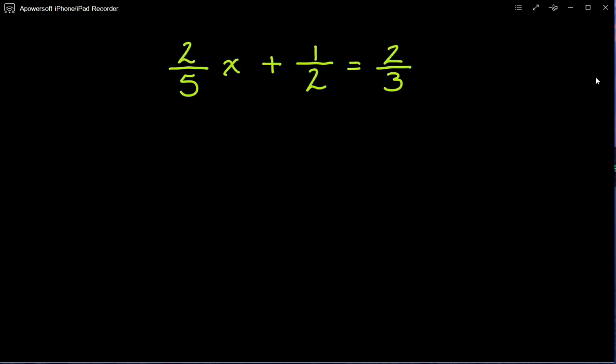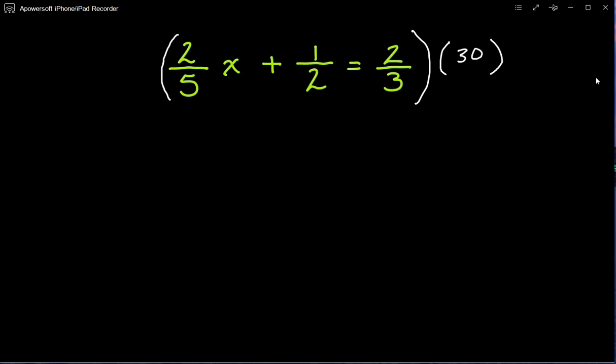All right, so the next problem just happens to not have any grouping symbols. So if there are no grouping symbols, we do not have to distribute. We can go straight to multiplying by our common denominator. Now, our denominators here are 5, 2, and 3. The smallest number that all three of those will divide evenly into is going to be